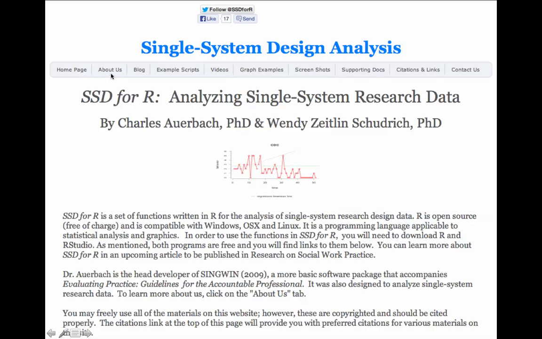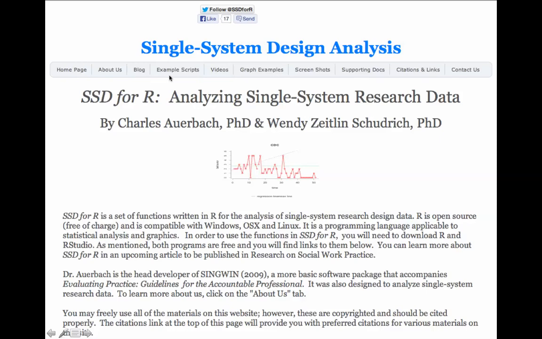There's a little bit more if you are interested in our backgrounds, and we have a fairly extensive blog that we suggest, if you're interested in this type of research, that you refer to fairly frequently. We blog about single subject research designs in general, certainly about SSDforR, and our experiences of teaching this to master's